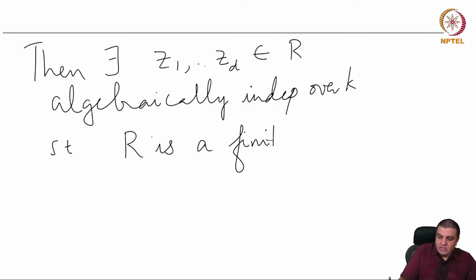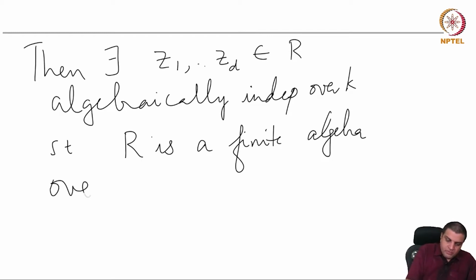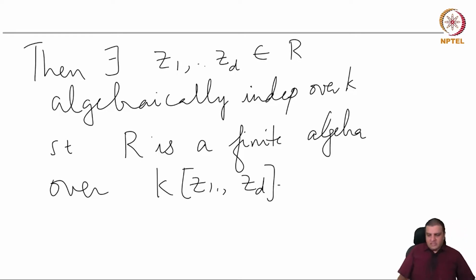In other words, as a module it is finitely generated, a finite algebra over this subring, which itself is a polynomial ring because it is algebraically independent. Okay. So we saw a proof of this